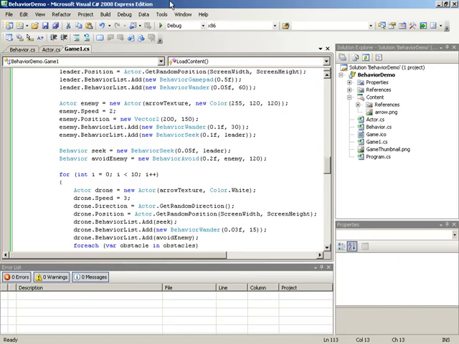Throughout these videos, we're going to be covering several specific behaviors. We're going to be putting together, for example, a constant behavior. This will cause an actor to move in a specific direction. We will also be creating a gamepad behavior to allow controller input. We'll be creating a wanderer behavior that will allow an actor to wander on its own in random directions. We'll be creating a seek behavior that will allow one actor to follow another actor. And finally, we'll be creating an avoidance behavior, so that one actor can avoid another actor when it is